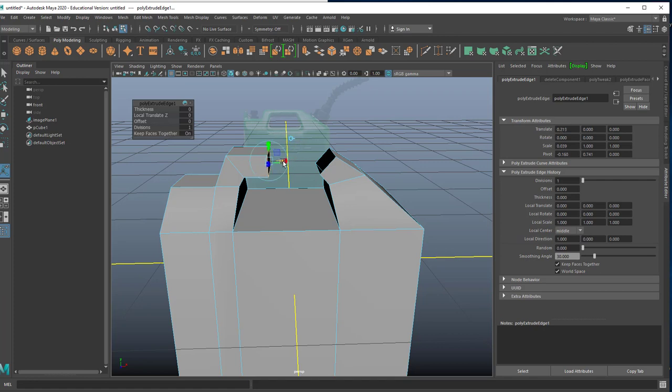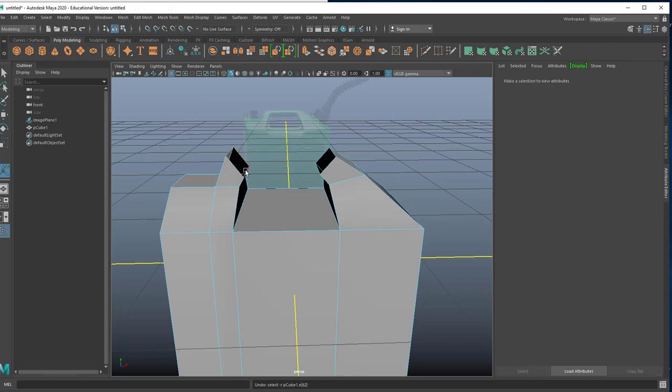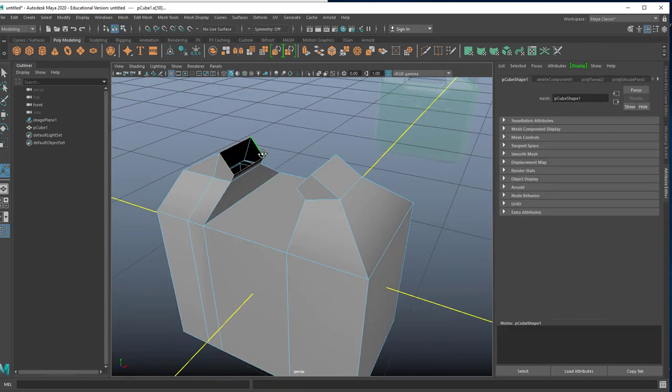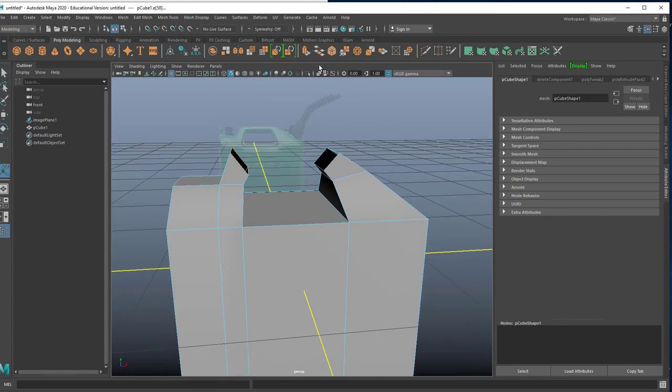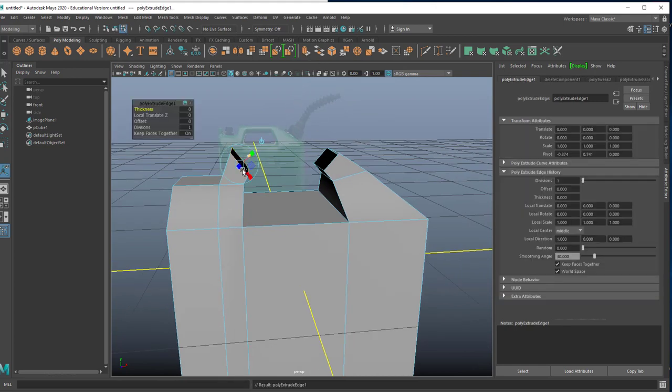Everybody able to see that? Let me do that again. I'm going to undo that. I'm going to double click on this edge. And if I set extrude right now, it wants to pull it at the angle based on what's called the normal off that plane. And I don't want it to do that. So I can say, don't use that. Use the world space by clicking on this cycle